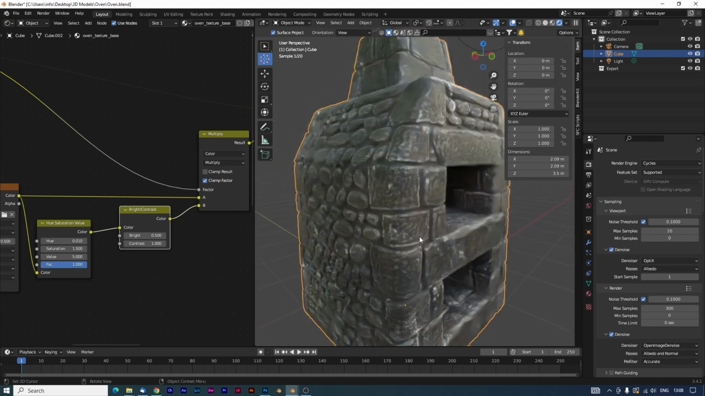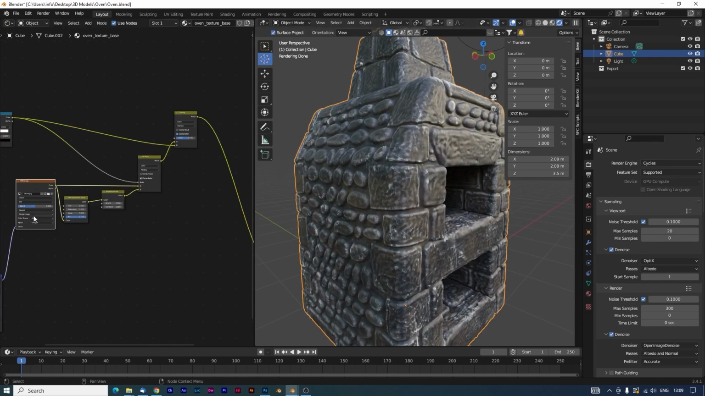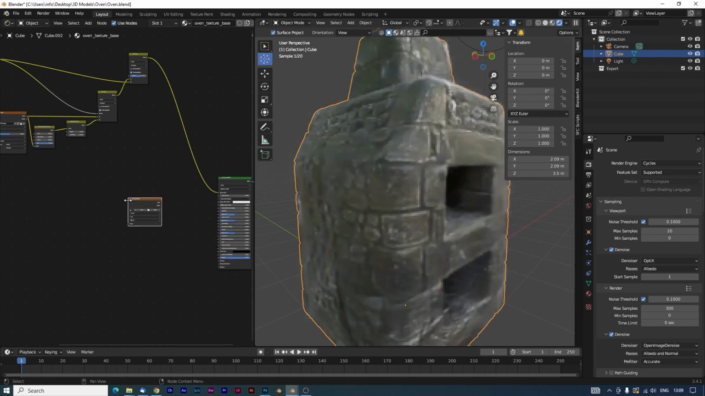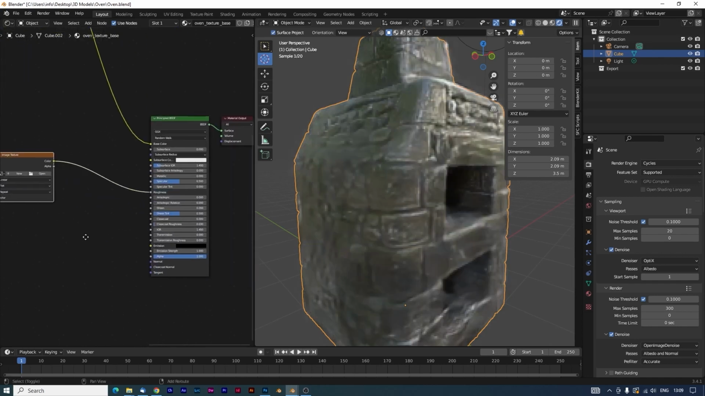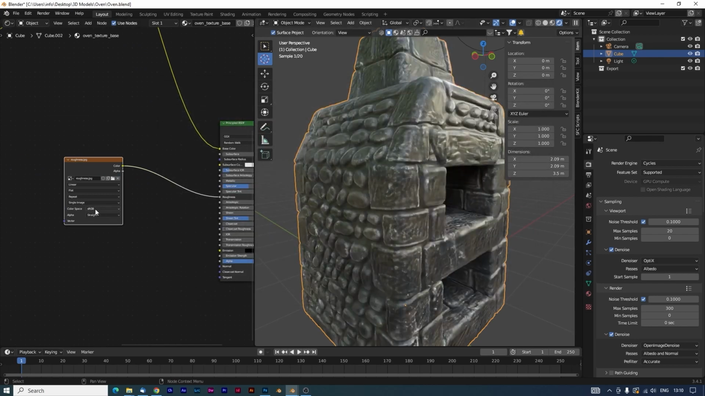It's looking far more realistic now. Now I'm just going to use an image texture for the roughness. So for that, if I just do Shift A, S, image texture, let's just drop that in there like that. And connect color to roughness and open and choose the roughness or smoothness, whichever way around,